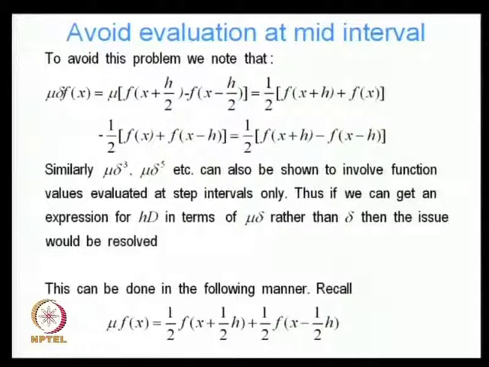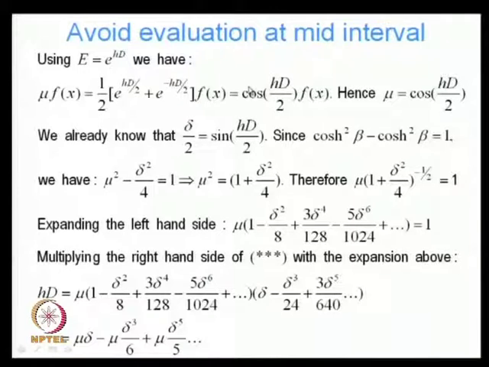We would be able to evaluate the functions at the grid points. This can be done in the following manner. Let us recall that mu of f of x is equal to half f of x plus half h plus half f of x minus half h, right. That is, we just talked about that a little while ago. Then using E is equal to e to the power h d, we have